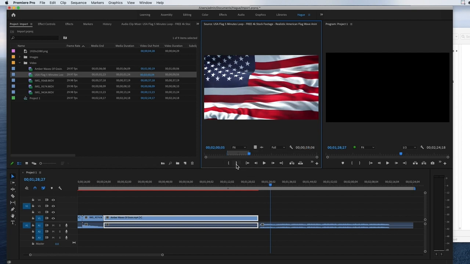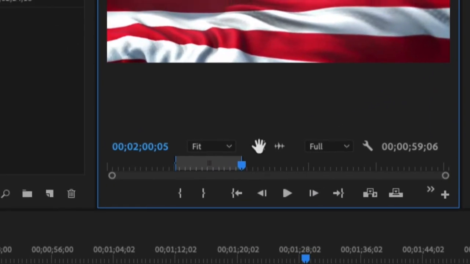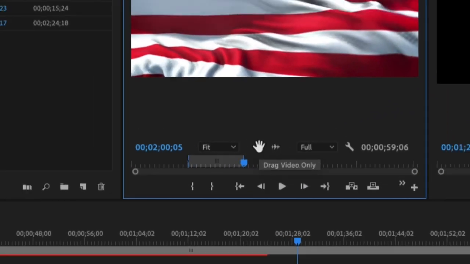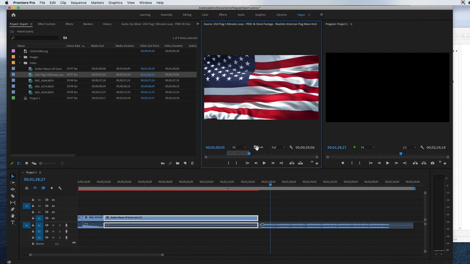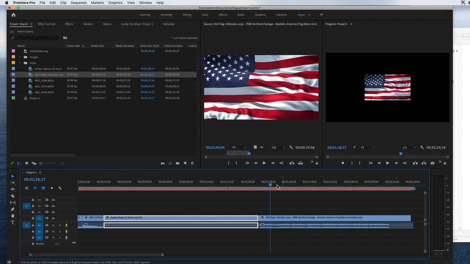Now all I want is the video portion. I don't need the audio portion of this footage. So I'm going to grab this little icon right here, drag video only. I'm going to click it and drag it, and there it is right there. Okay, and it's almost the same. So now if I move the playhead way over here, right about here, and press the space bar,